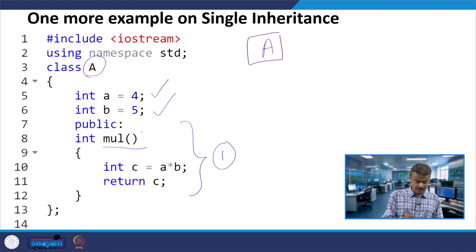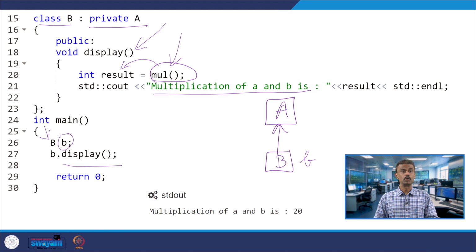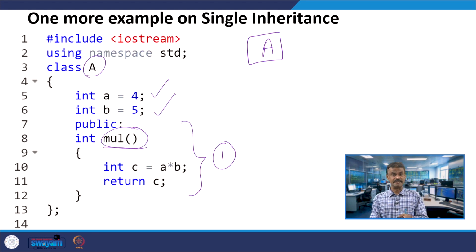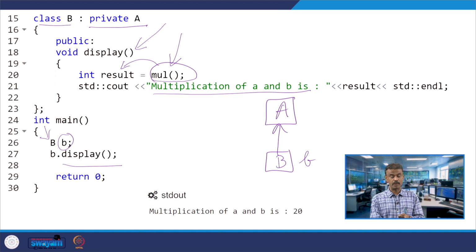The public member function int multiplication will be private to class B. You are calling this function inside class B, so it can be called, because class B is inheriting class A privately. In the multiplication function C is equal to A star B, where A is 4 and B is 5, so I get the output 20, 4 into 5 is 20, and that will be stored in the result.